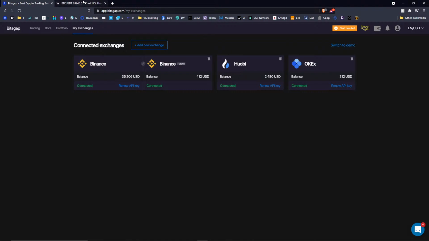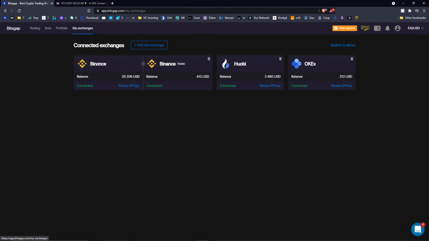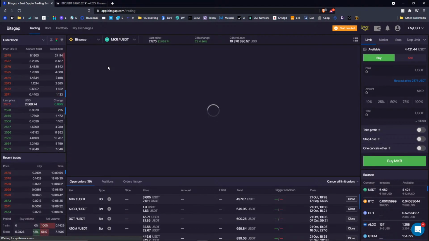Okay. Maybe that's the use case. If you want to manage somebody else's money and they give you the API, then you really need another Bitsgap account to manage it. Or you can just cancel your own Binance account and instead link it to the Binance account of those you want to trade for.